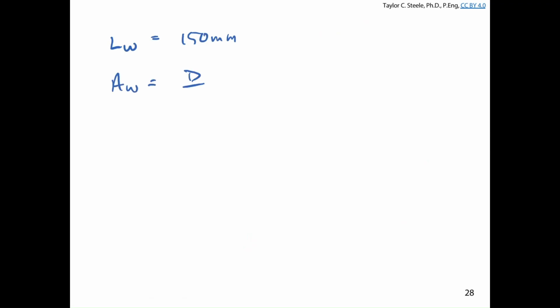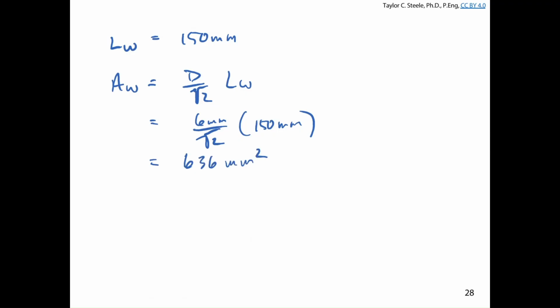AW is D over square root of 2 times LW, which is 6 millimeters over square root of 2 times 150 millimeters. That gives us an area of weld for the blue segment of 636 millimeters squared. The strength of that weld on its own